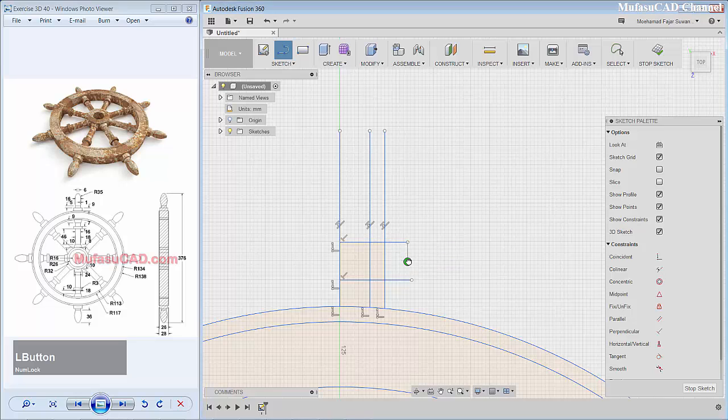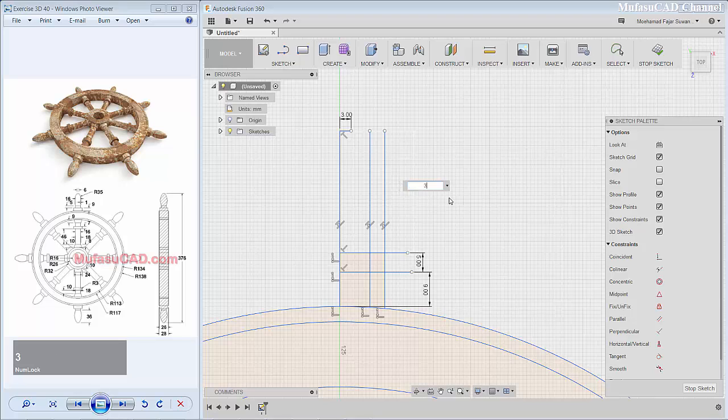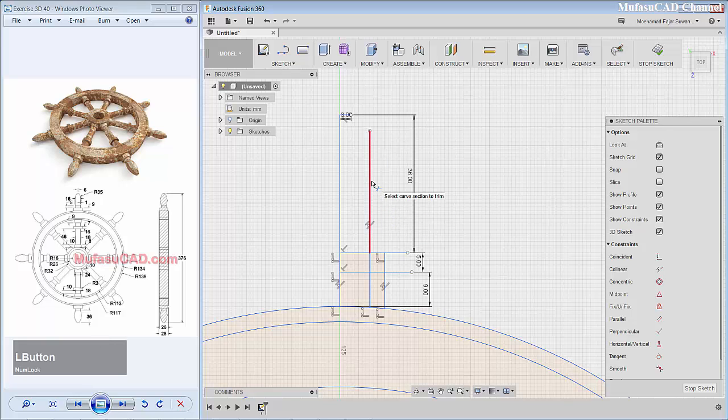Next, I will create a line start from this point to this point and from this point to this point. I will create in here. Enter. We give length about this line object 3. Okay, and distance start from this point to this point 9. Okay, distance again start from this point to this point 5. And then I will give a distance start from this point to this point 36 and enter.